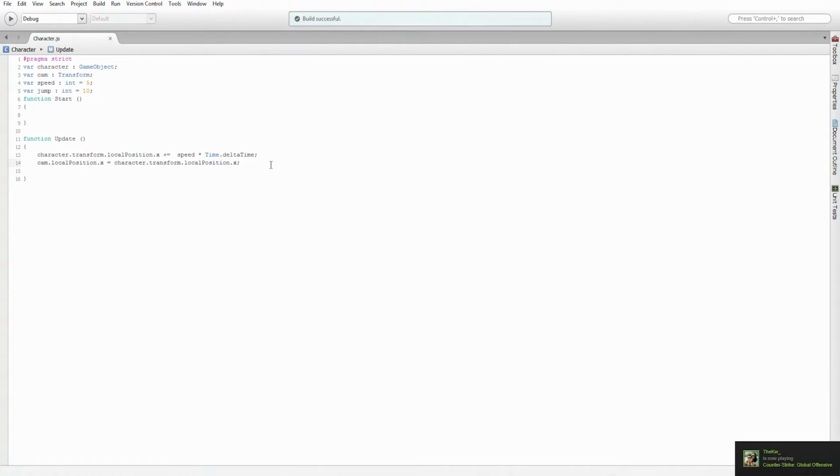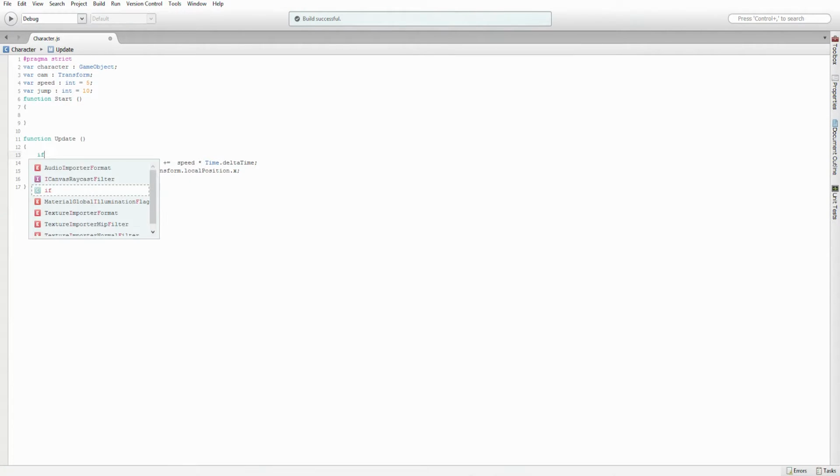Alright, so now that we have that, we have all the basics done for that. All we're going to do now is add our jump. So we want the character to jump upwards. So what we're going to do is accept input from the user. So just in case this is going to be a mobile game, we'll just use fire on click. So your left click, or in the case of Unity, we call it Fire1. So what we're going to do is if Input.Get